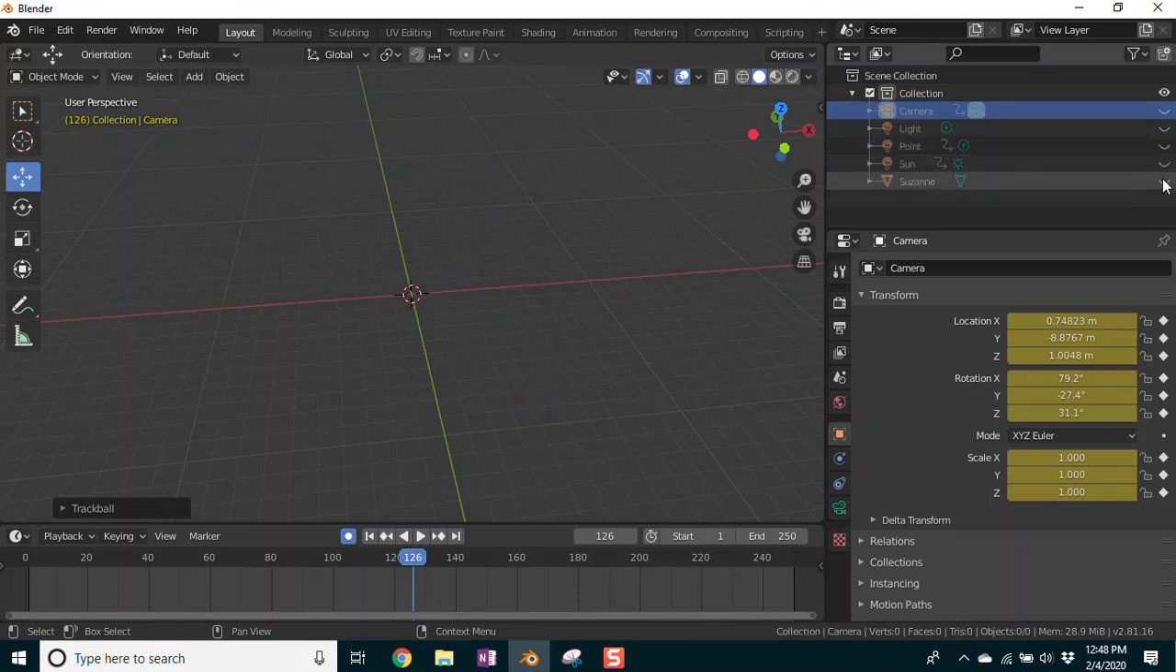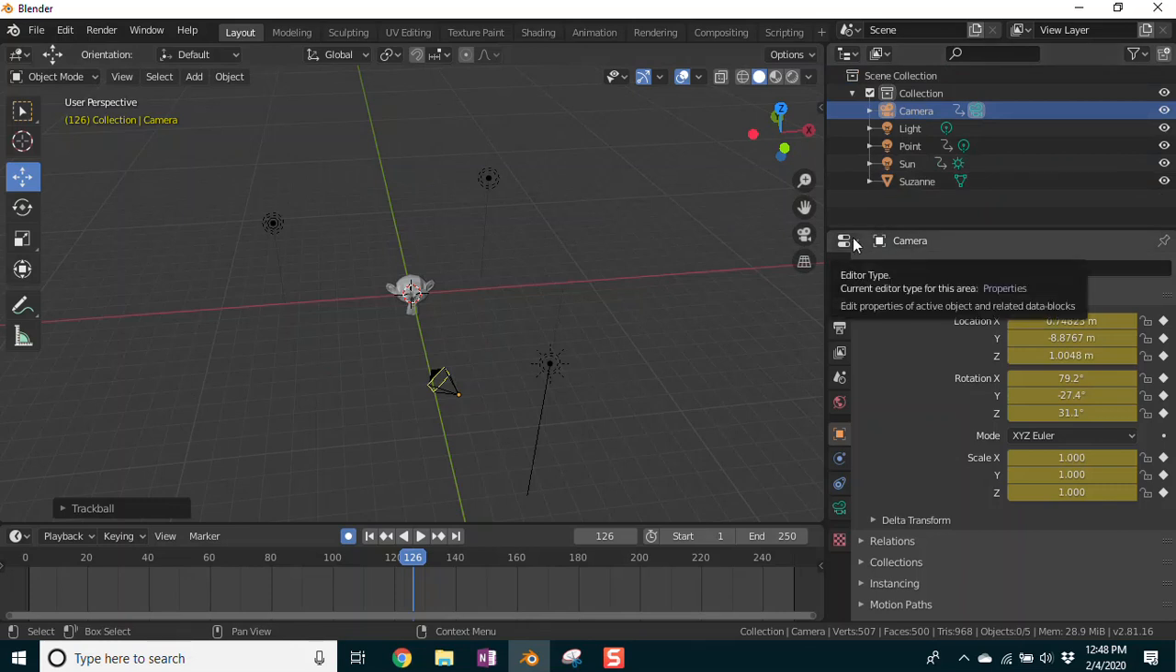I can hide Suzanne. Okay, so if you are trying to take a screenshot and you don't want all these lights and everything in your screenshot, you can just hide them. Okay, all right. And let's see, this bottom window here on the right is called